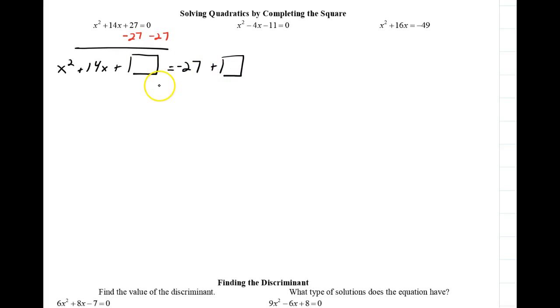Okay, so we solve by completing the square when we can't factor this. So there's no factors that are going to multiply to 27 but add to 14. So when we complete the square, we need to get rid of this 27, move it to the other side. So I'm going to write x squared plus 14x plus a square equals negative 27 plus a square. So now to figure out what goes inside the square,